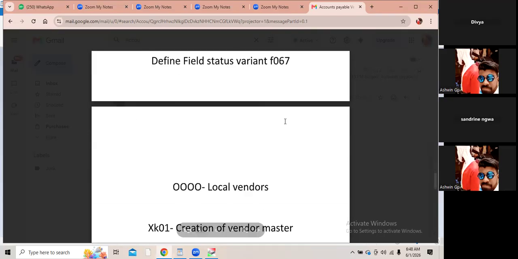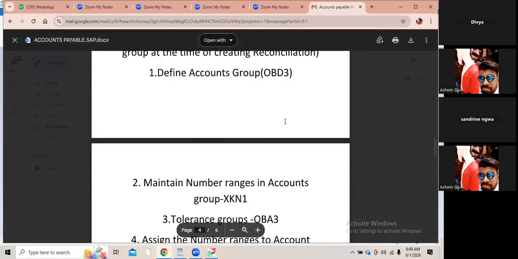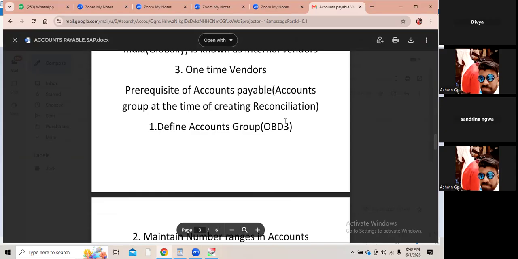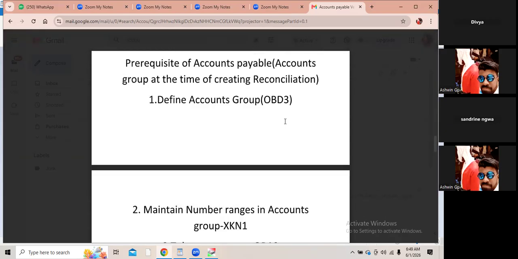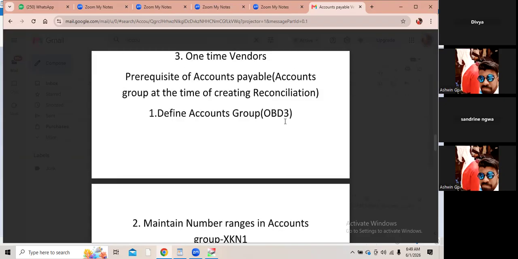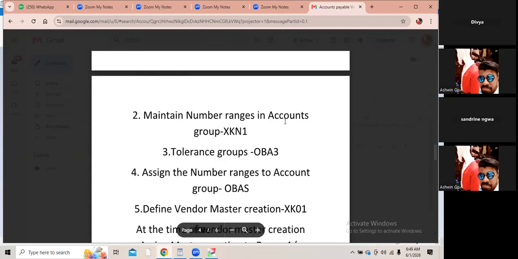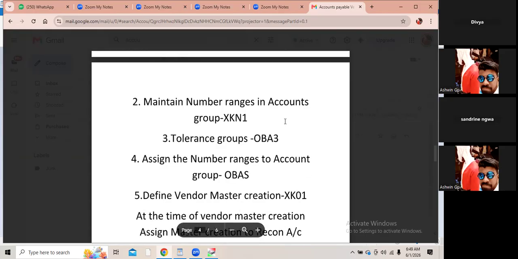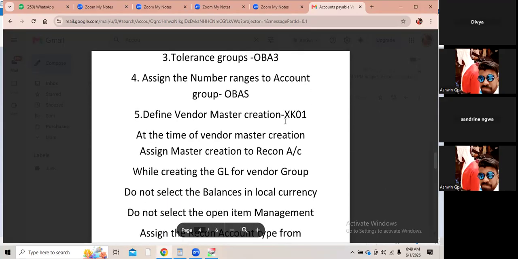So all these steps you need to remember from the consultant point of view. These are all the steps the consultant will be handling. Prerequisites of accounts payable. So remember, what is the first step? Define account groups, maintain number ranges, then tolerance groups, assign number ranges to account groups,